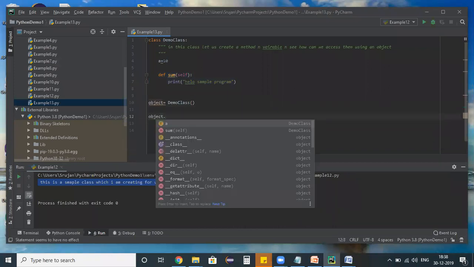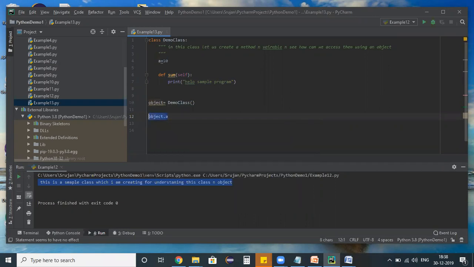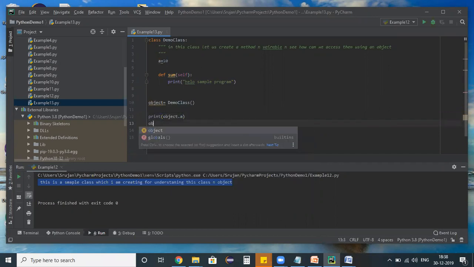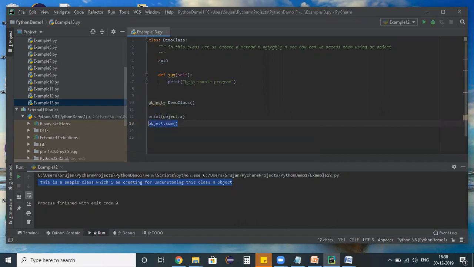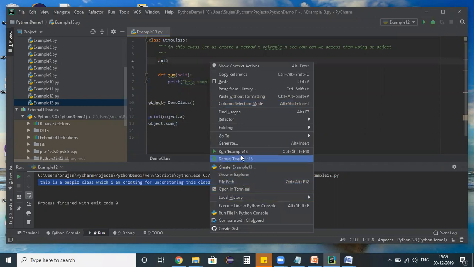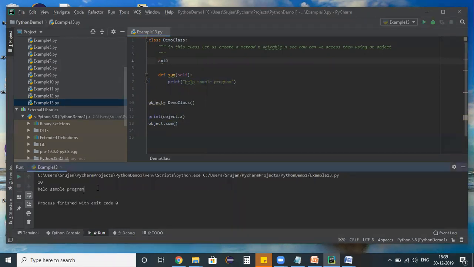Object dot, see, my variable is num, it automatically comes here, so I'm directly using it in a print statement. In a similar way, object dot, see, I can access the sum method. I just want to print it. See, the sum method itself has the logic to print the information. Now when I run this example, see here, both are getting executed.